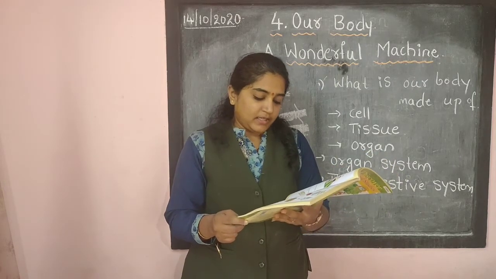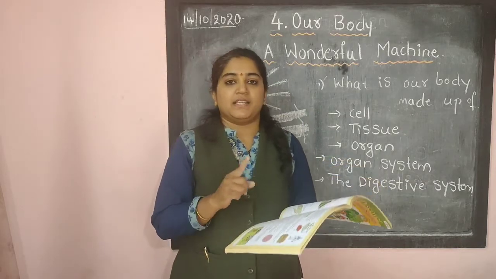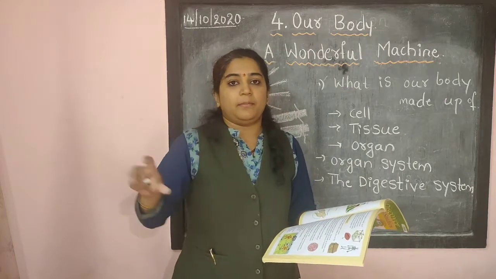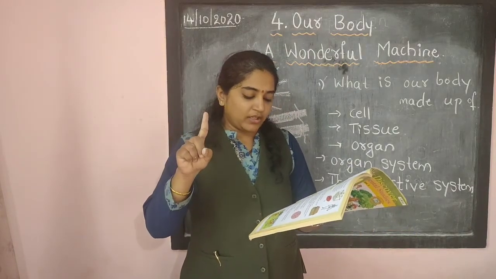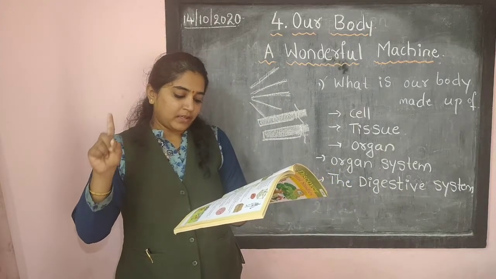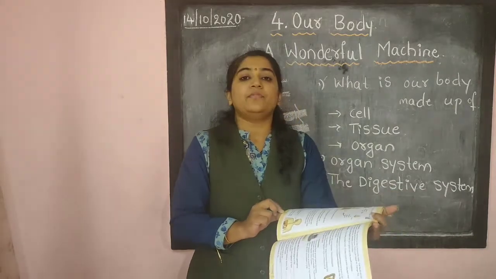Okay. A single organ carries out the process of digestion. A single organ means multiple tissues. Multiple tissues. A single organ can process your digestive system. See now, here is one picture on page number 54.